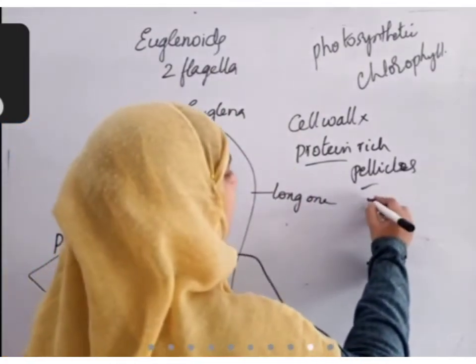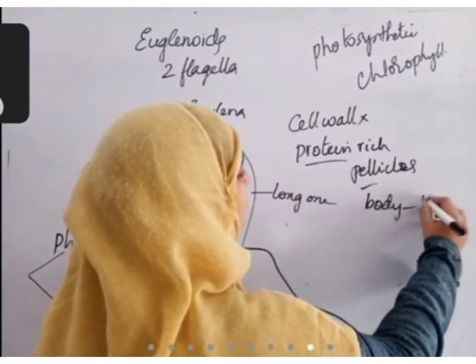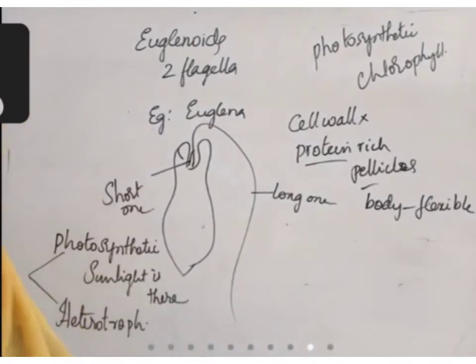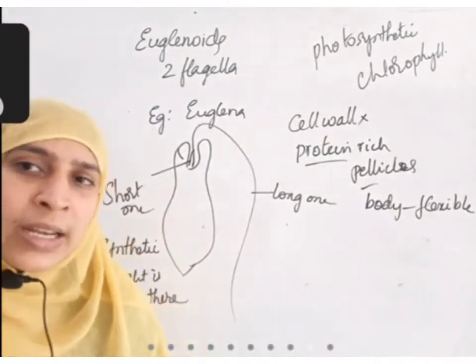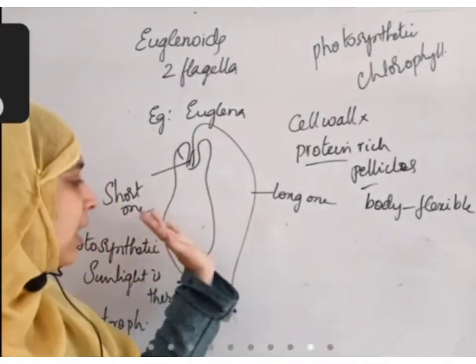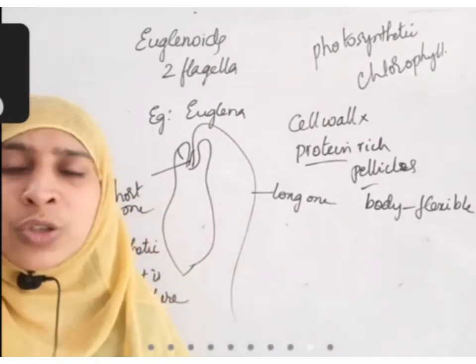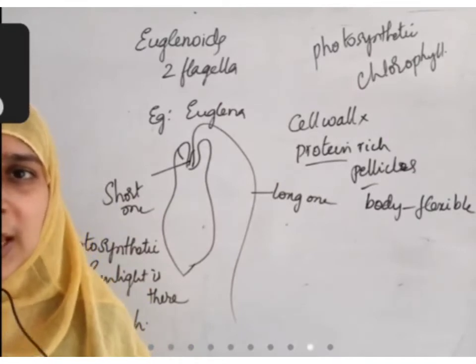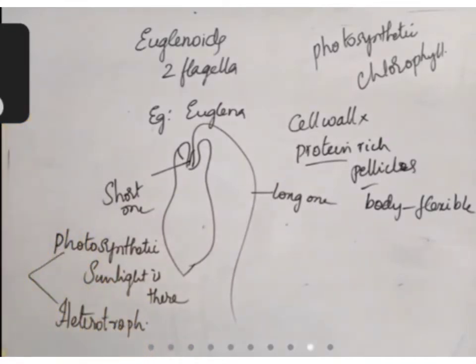dinoflagellates have a body which is not flexible. You take a dinoflagellate, it cannot bend or twist like this. But Euglena can bend like this, it can twist like this, because of its flexible protein covering called pellicle instead of cell wall. Okay, so that is it about the